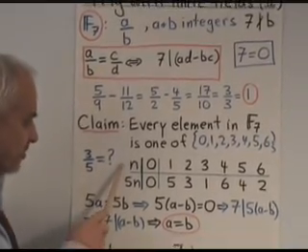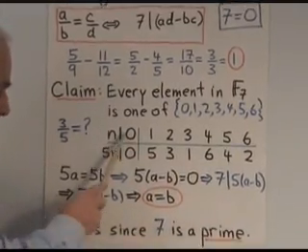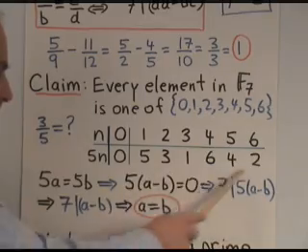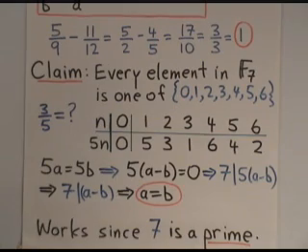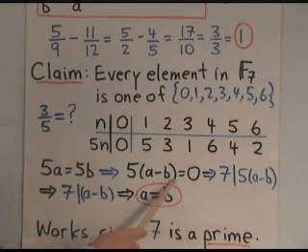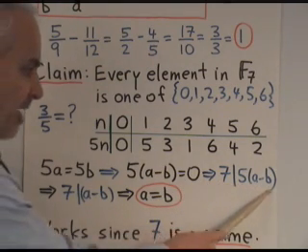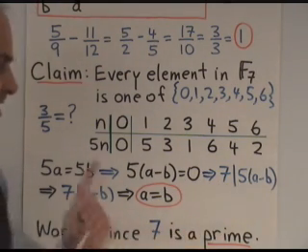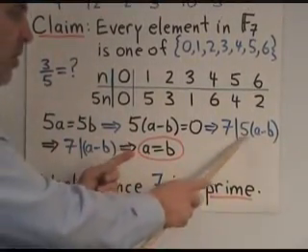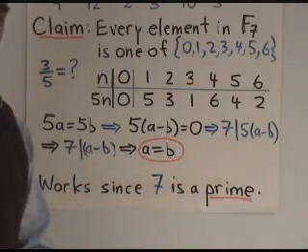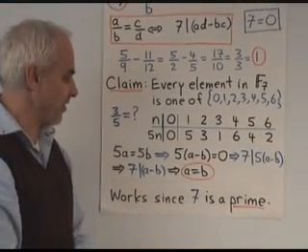And now just a quick demonstration of why it's true that these 7 numbers are a rearrangement of these 7 numbers. I claim that when you multiply by 5, no two of these can be the same. Because if 5 times a equaled 5 times b, it would mean that 5 times (a minus b) is 0, which means that 7 divides 5 times (a minus b). And because 7 is a prime number, if it divides a product, then it must divide either the first or the second element in that product. That's really the main place where we use the fact that we're using a prime number as the base.